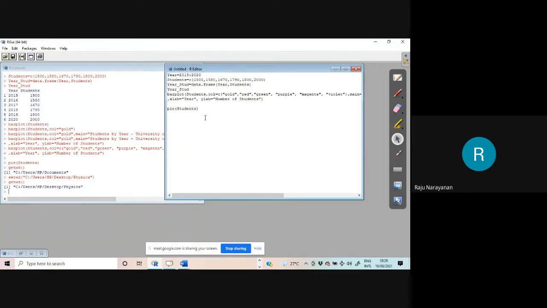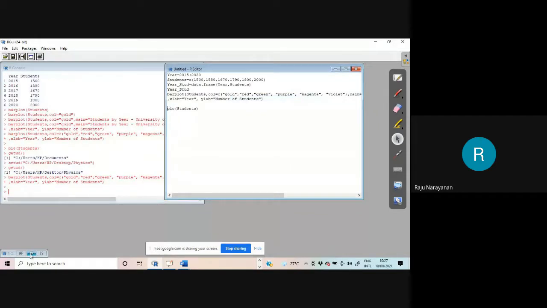Next one, by default, we can draw only one diagram in a sheet. Sometimes you may need more diagrams in a sheet. That is better for comparison.